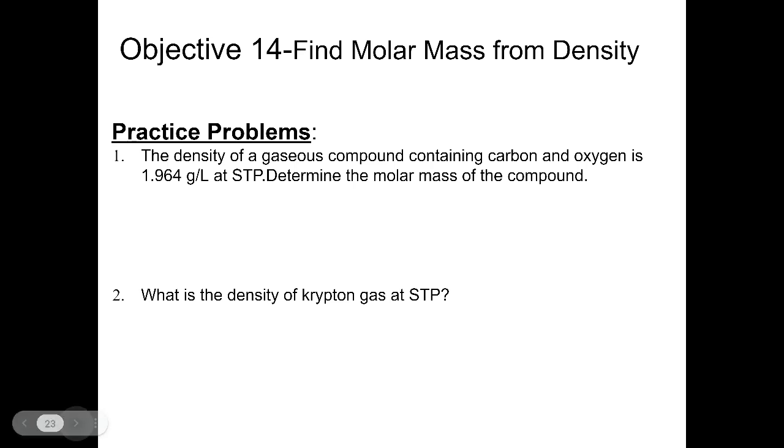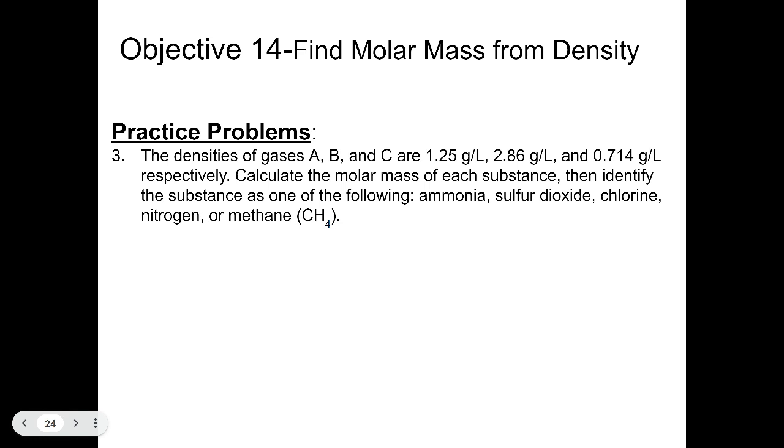I do have a little bit of a fun problem, because not only are we going to work our densities into molar masses, but then we get to look at the periodic table and try and figure out what molar masses fit sulfur dioxide, ammonia, chlorine, nitrogen, or methane. Notice that there are 1, 2, 3, 4, 5 compounds, but there are only 3 densities, meaning there are extra options in terms of extra compounds that don't have densities. So we're really going to have to make sure that we are getting the molar mass correct,